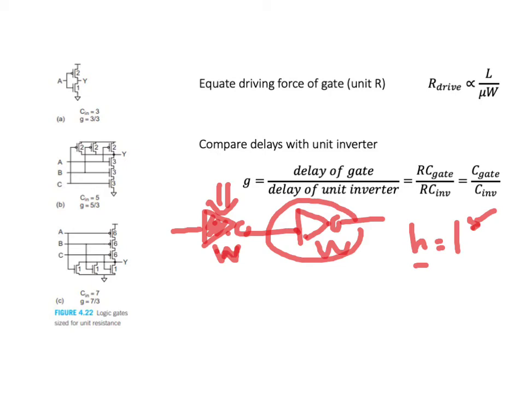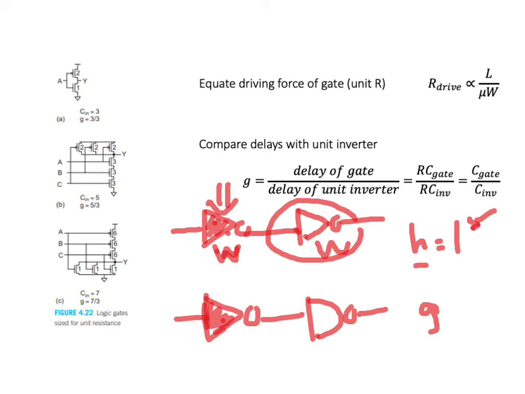But the logical effort parameter G studies the effect that if I have a gate here and it is not driving a gate of the same kind. That is, what is the relative difference if the NOT gate is driving a NAND gate rather than a NOT gate itself? And let's take a look at how to do this analysis.